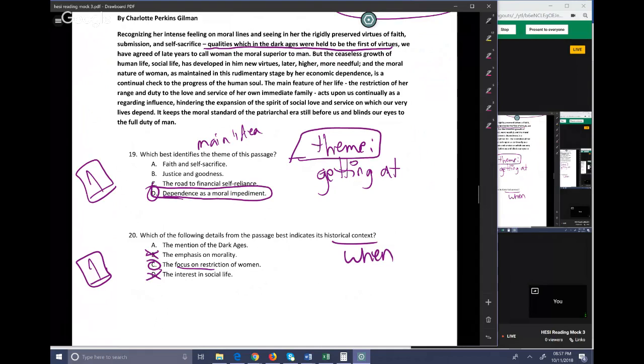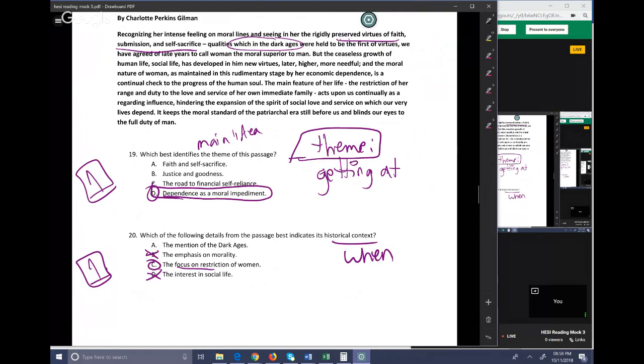I'm going to go back to 19 really quick because I actually just noticed as I was underlining that they literally mention faith and self-sacrifice. So if I said they didn't mention them and you were like, what? They did mention those. Little did I know, the reason that I didn't know they mentioned them was they are not central to the point at all. It's something they mentioned right at the beginning, and they're mentioning it as something that way back when, long before this passage was written, those were important and those were the central focuses, but it's just a mention.